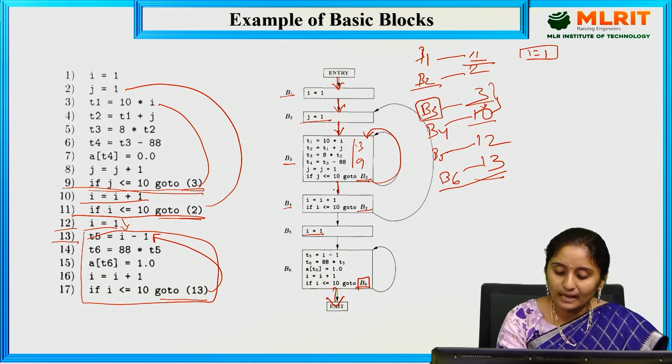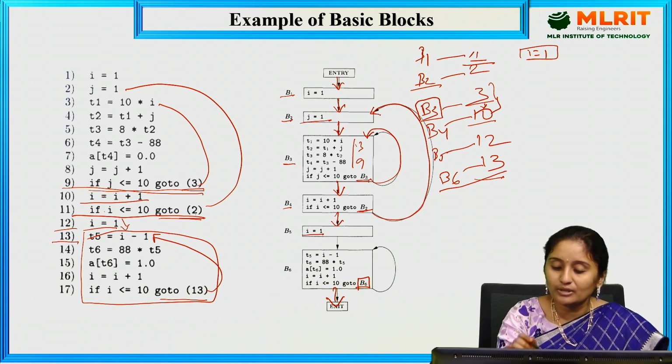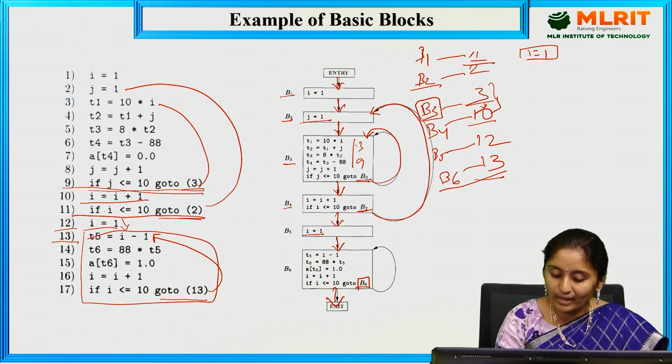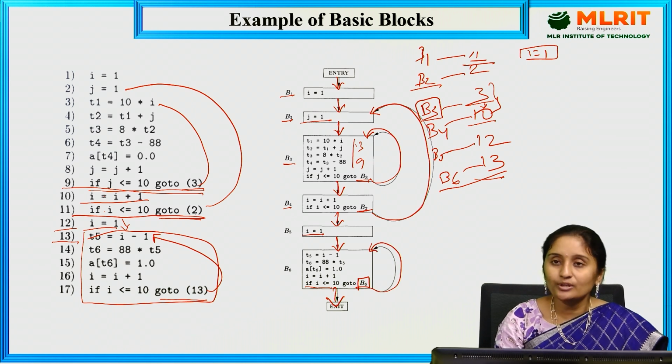Then afterwards again this B4 connection is there and next one, from B4 I have B5. So here, for i less than or equal to 10, go to B2. B2 block is where? Here. So we are going to the B2 block. We are going to execute the B2 block. So the next one is i equal to 1. The i equal to 1 statement is executed. Then afterwards, in the B5 block there are no conditional or unconditional jump statements here. So it is moving to the B6 block, and here in B6 I have i less than or equal to 10, go to B6. Go to B6 is nothing but it is going to the self loop.